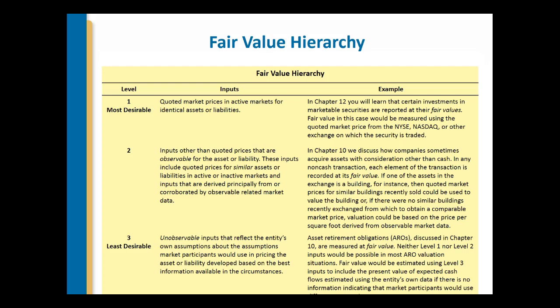To increase consistency and comparability in applying this definition, a hierarchy prioritizes the inputs companies should use when determining fair value. The priority is based on 3 broad preference levels, from least subjective, which is level 1, to most subjective, which is level 3. The lower the level, the more preferable the input. This framework encourages companies to strive to base fair values on the most objective inputs possible.